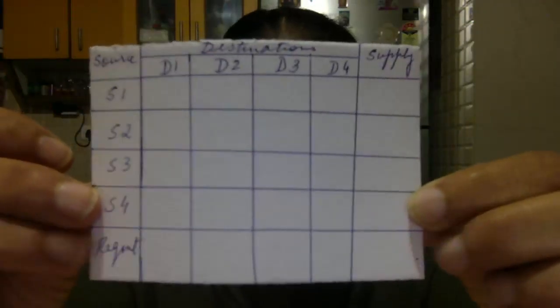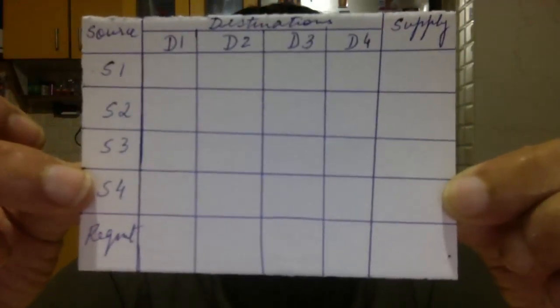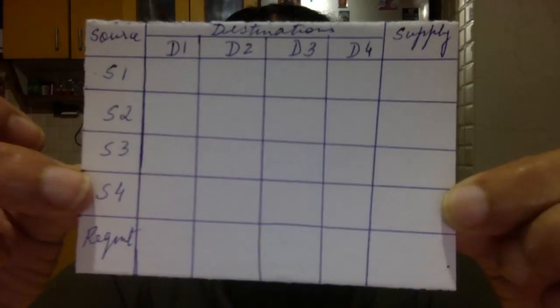Today after we work out you will know how many allocations there are, so according to the allocations leave so much place for every matrix. Okay, for practice it will be useful for you, leave place there. Now my format is ready. My problem format is ready. Four sources, four destinations. All right.